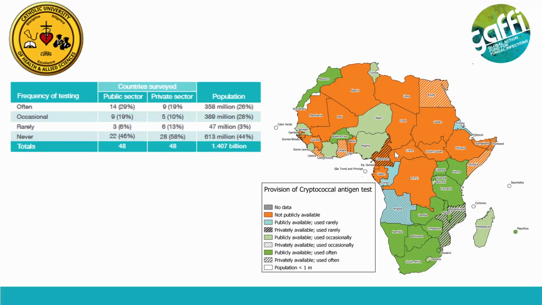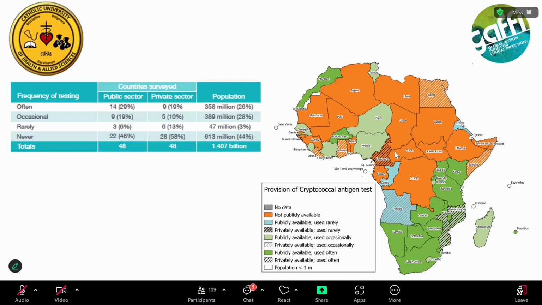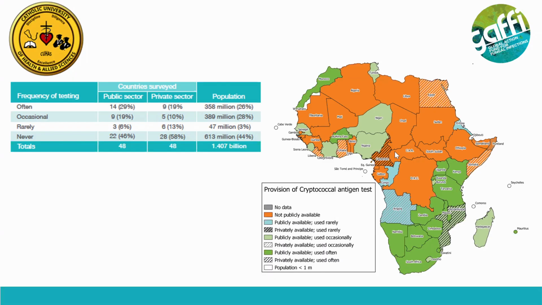And it's mainly in research, mainly when the patient has completely deteriorated, that's when they come to think of a crack test. So we still have some countries like Madagascar, like our brother in Burundi, Nigeria, Niger, where they are there, but it's only occasionally when they do the crack test. It's not as what is happening in Uganda, Kenya, and Tanzania.